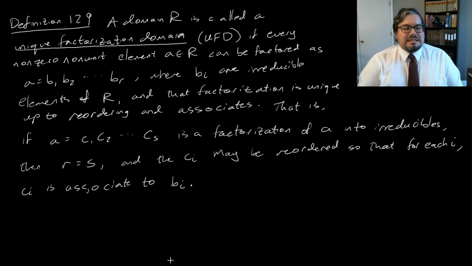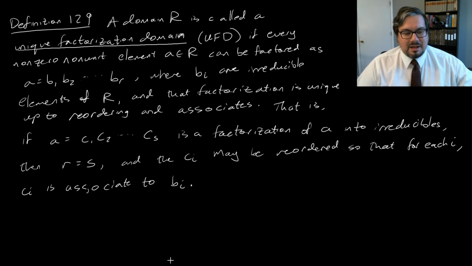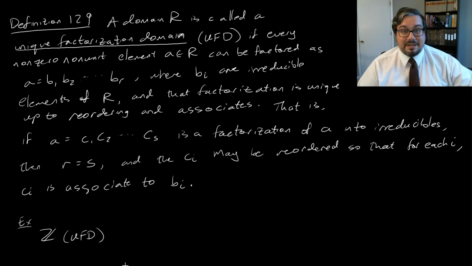So we don't need the factorizations to be absolutely unique. That's basically never going to be possible. Reordering makes sense. Associates also are a very natural thing to do. So for example, if we look at the integers Z, which are definitely a unique factorization domain,